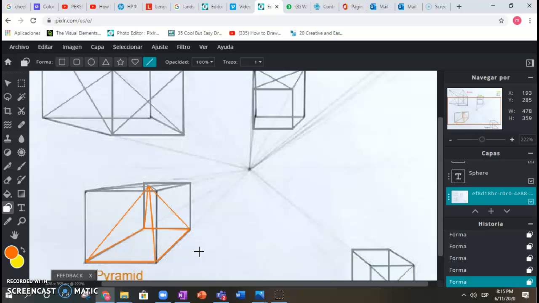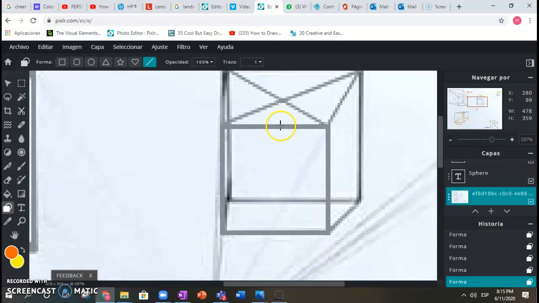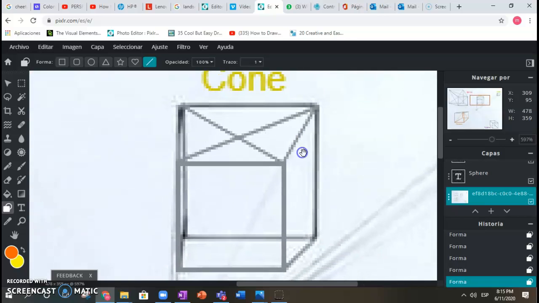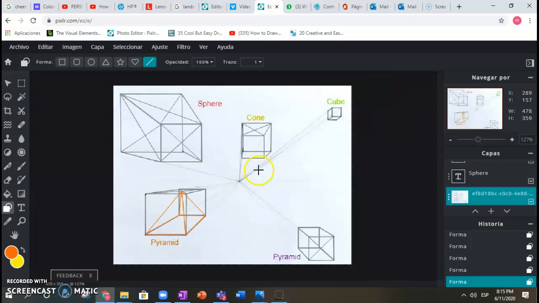Now, the next one is gonna be the cone. So I'm gonna go here. To do the cone, we're gonna do the same thing that I just did, which means for the upper part of the cube, in this face of the cube, you're going to find this middle point. So you're going to trace from here to here a line, and from this corner to the other one, the other line, and in the bottom of the cube here in this face, you are going to try to find the